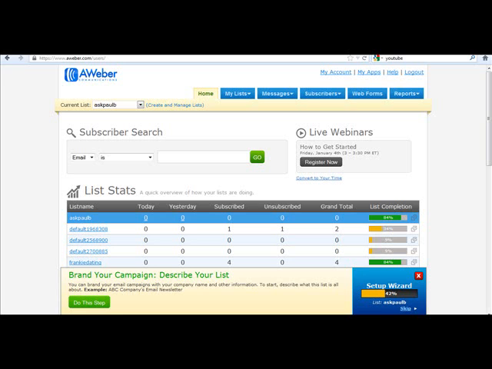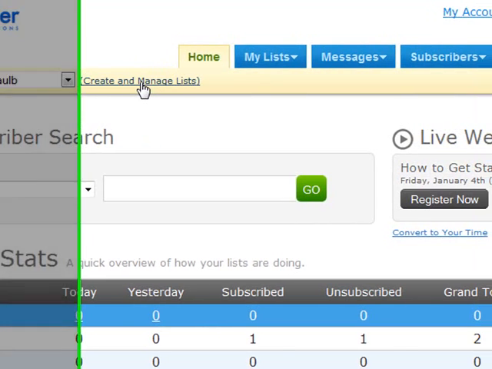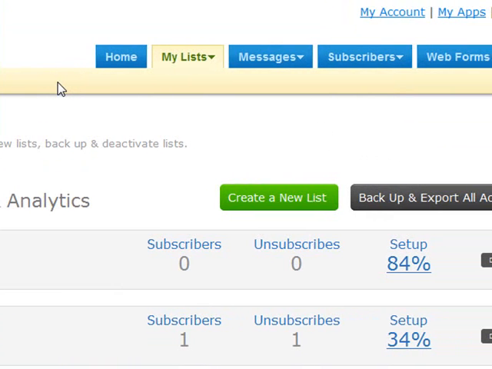Okay, so when you sign up with Aweber, they will send you some details in your email. So just have a look at that and you'll get your login details there, and just log into Aweber and you'll come to this page here. You want to make sure you're on the Home tab, and this link here, Create and Manage Lists, you need to click that. We're going to create a brand new list to hold your subscribers, and then click on the Create a New List button,